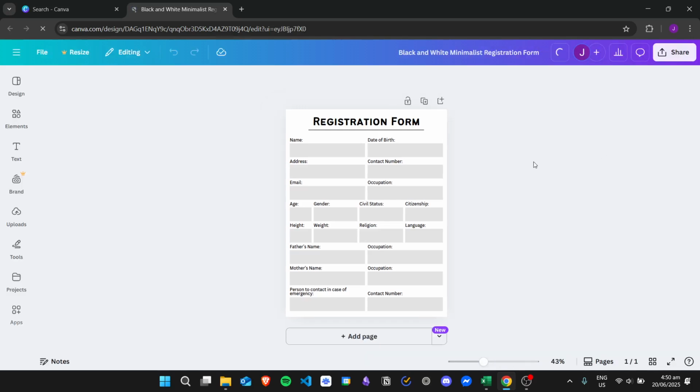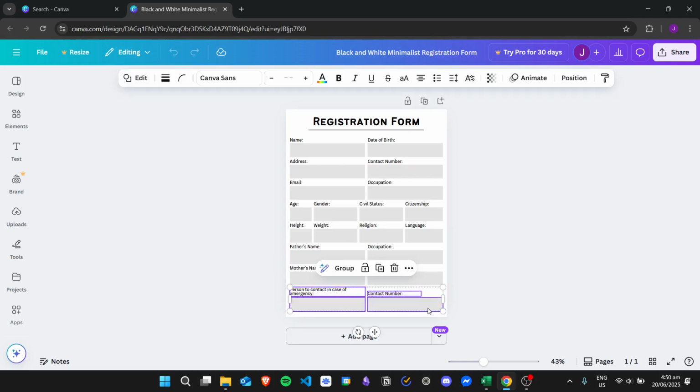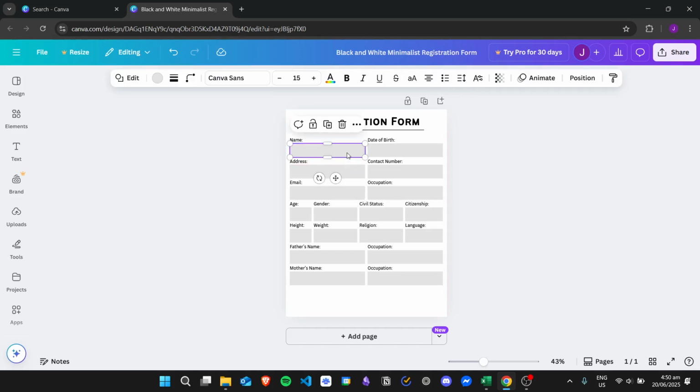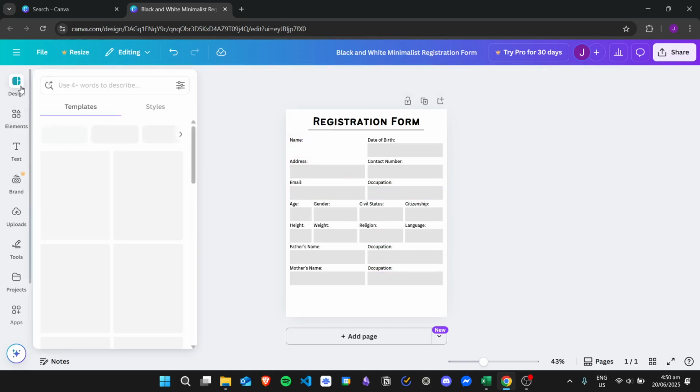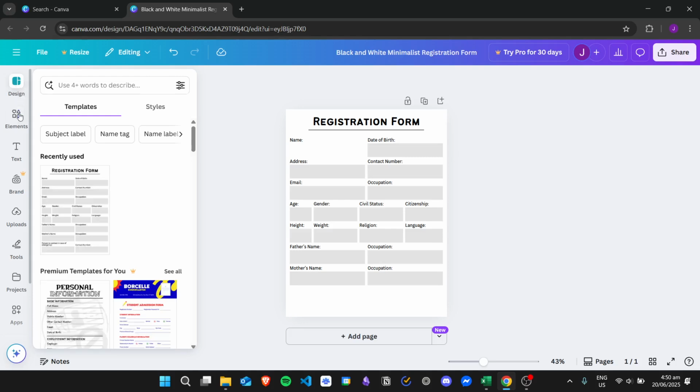So you can customize your own forms right here. So for example, you don't want the other sections right here. So for example, I don't want this, so I can just delete it. And then for the text box, if you don't know how to add it, for example, I will add another text box right here, and then just go to